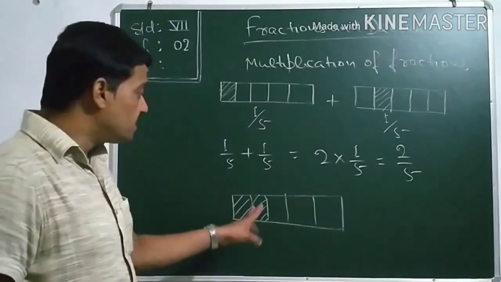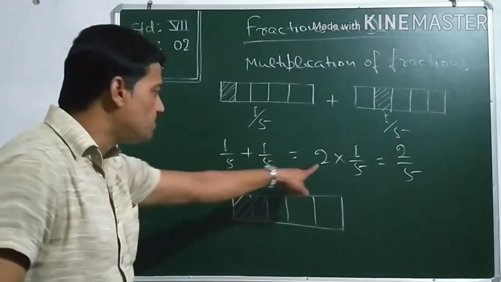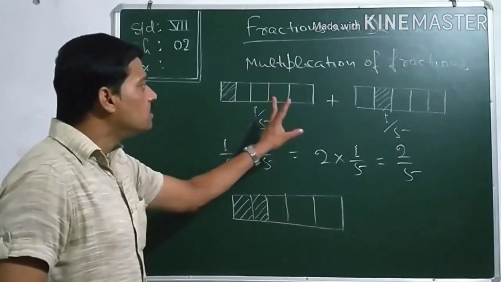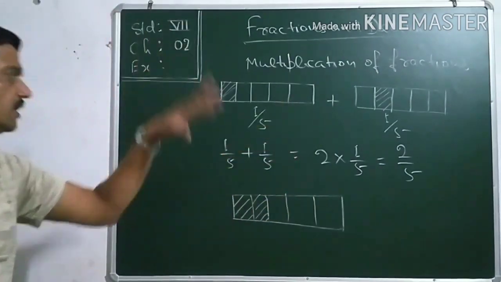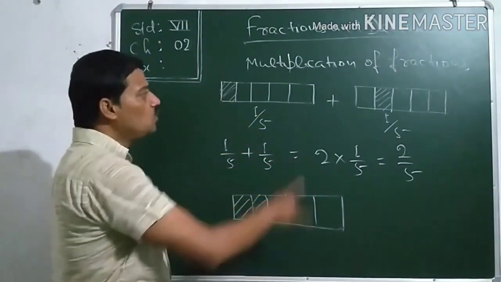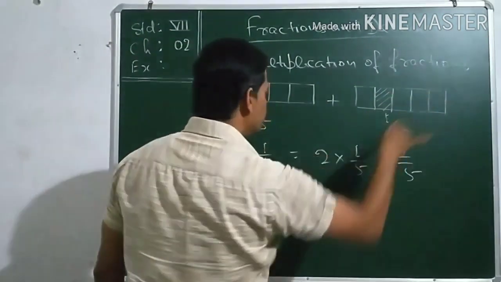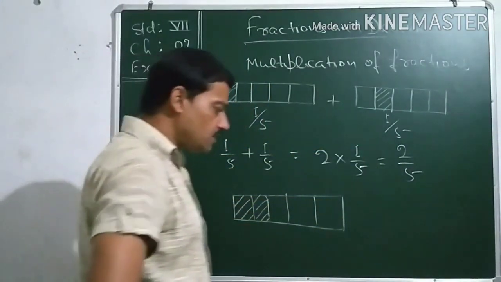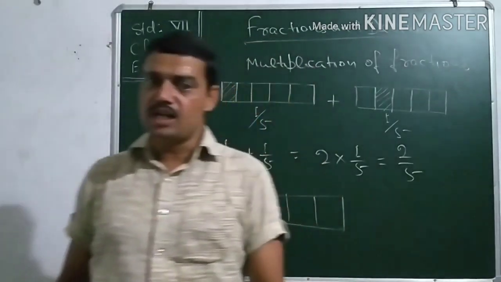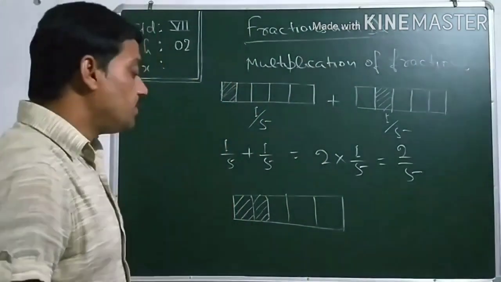This is the fraction. We multiplied the fraction by 2, as addition of 2 fractions is the same thing as multiplication of the fraction by 2. If you would have considered 3 here, then 3 into 1 by 5 would be 3 by 5, like that. You can understand the multiplication of fractions. Now, next thing is